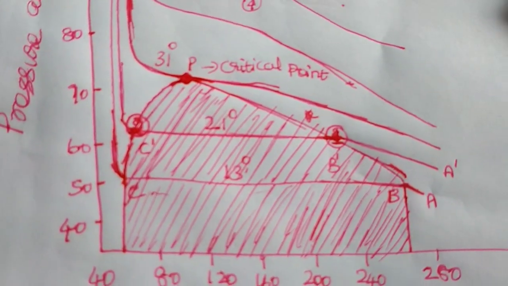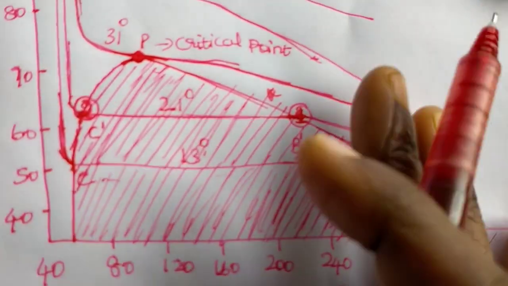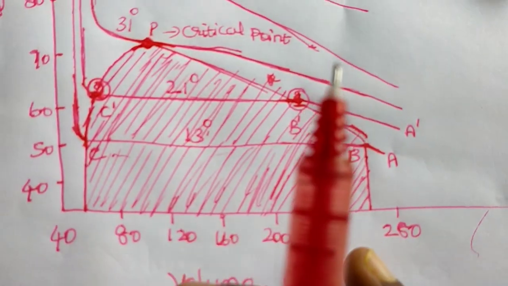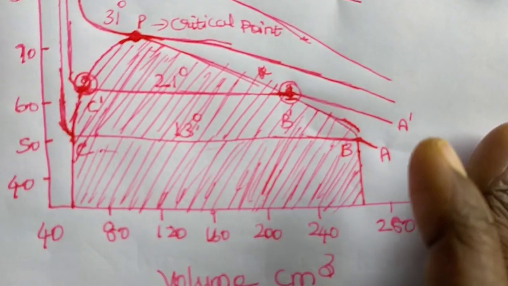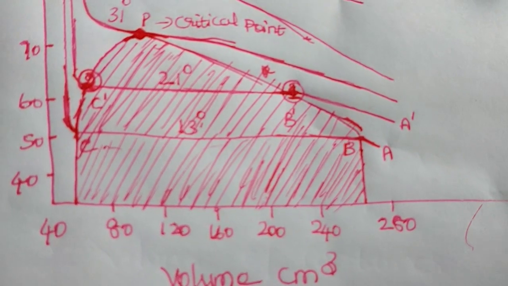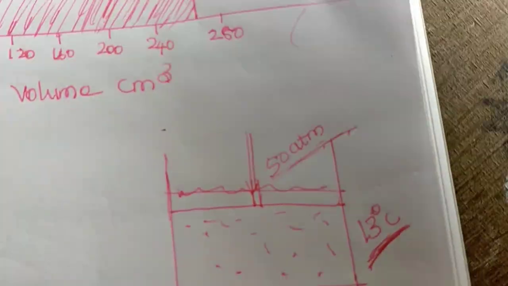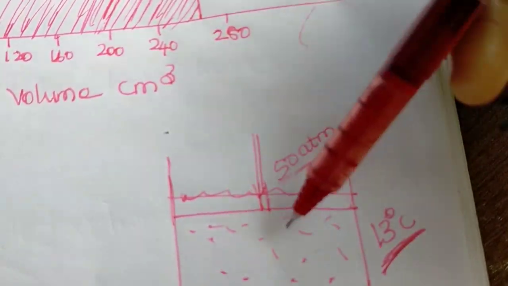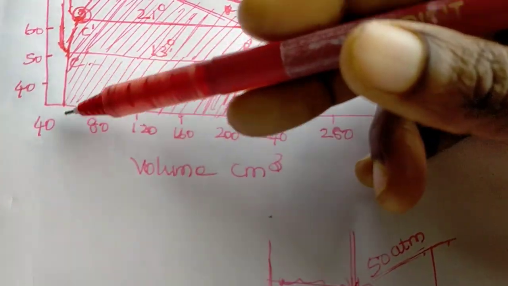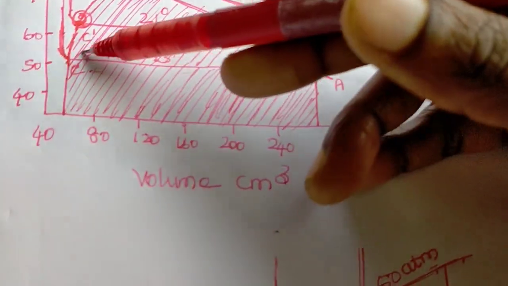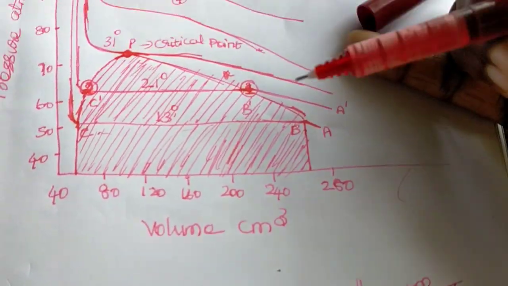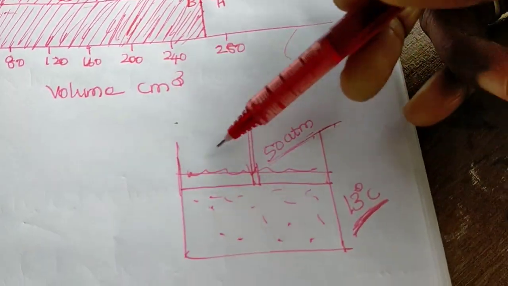When the pressure is higher than at C, the liquid alone will be compressed and there is no change in the volume, because only the liquid is compressing. So the amount of carbon dioxide gas we took is totally converted into liquid at point C, at the reduced volume, under the temperature of 13 degrees and under the pressure of 50 atmospheric pressure. Now take some amount of carbon dioxide in a vessel.